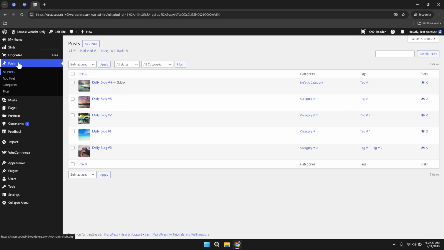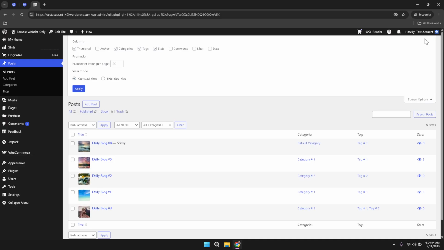Once you are in the Post section, you will notice a set of controls and options at the top right corner of the page. Within these controls, you will find a toggled area labeled Screen Options. Click on Screen Options to reveal additional settings that allow you to customize your content display. The Screen Options panel is designed to give you greater flexibility and control, so take your time to familiarize yourself